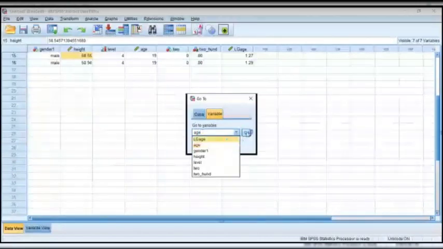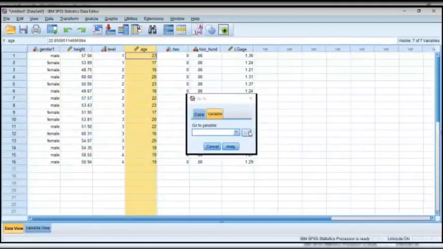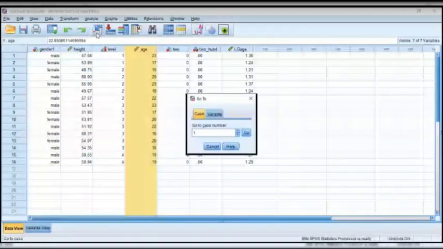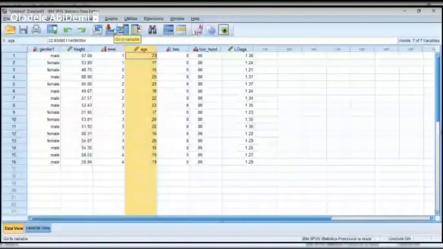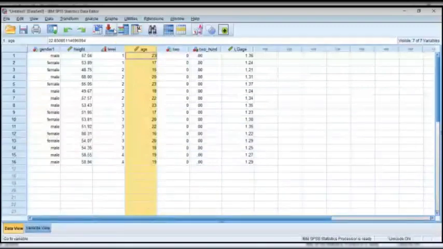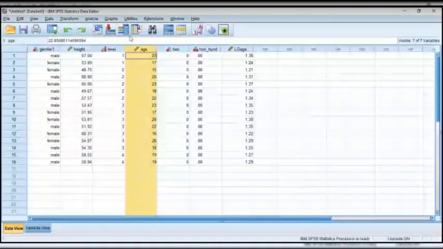Go there. It goes there for me. That is what this particular button does for us. It's very, very simple. Now, the other one is go to variable, just like what we did before. I don't know why they put it separately, but it's in the same tab.